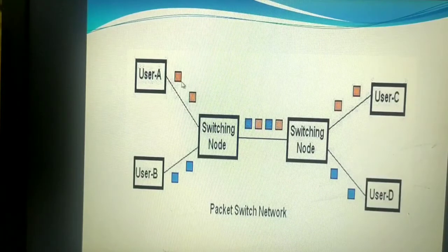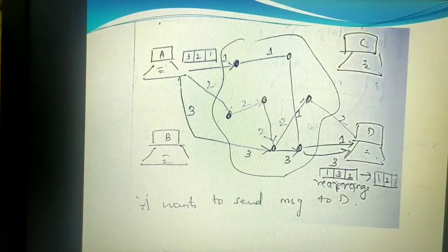These packets will not follow one after the other. There may be multiple links. I'll show one more slide. Here you can see A, B, C and D, four devices. A wants to have communication with D. Let me take here a 300 KB message divided into 3 different packets, and the sequencing numbers given are 1, 2 and 3. Now these packets are released independently into the network.